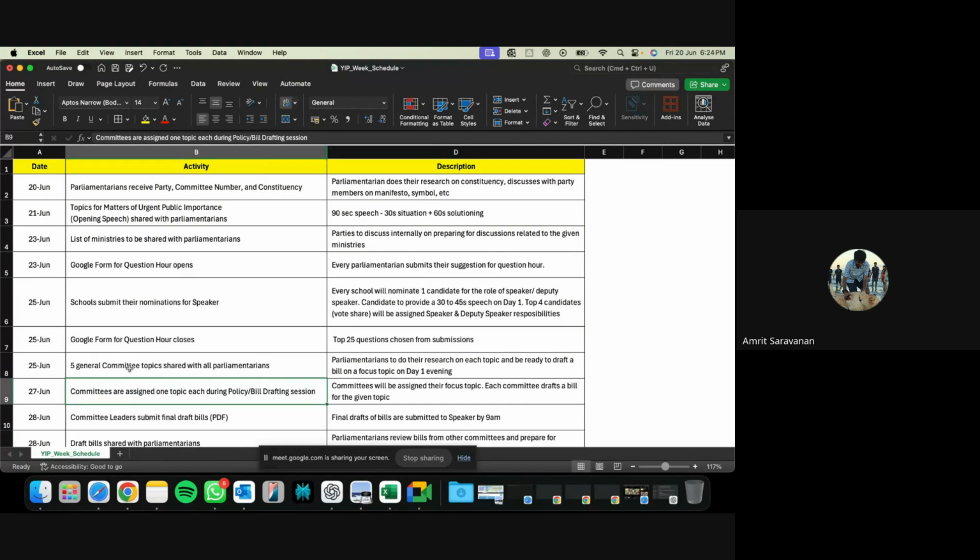Again, when you're thinking about evaluation parameters, I know I'm repeating, but think that you are an MP and think about what your role would be in that position and what you will have to talk about. The judges would understand, they would be given a sheet of who you are, what constituency you belong to, what party you belong to, what committee you belong to, and everything else that gets updated over the course of 2 days.